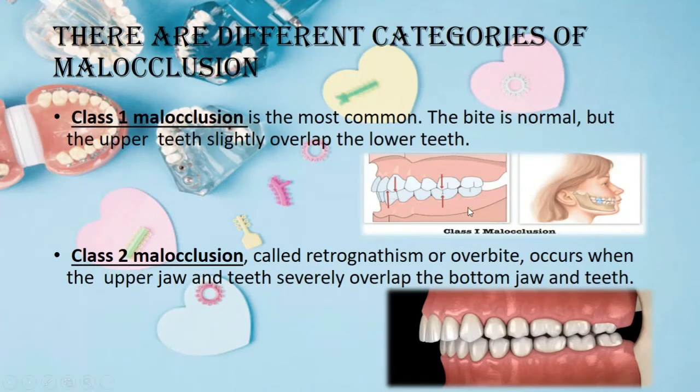There are different categories of malocclusion. The Class 1 malocclusion is the most common. The bite is normal, but the upper teeth slightly overlap the lower teeth. Class 2 malocclusion, retrognathism or overbite, occurs when the upper jaw and teeth severely overlap the